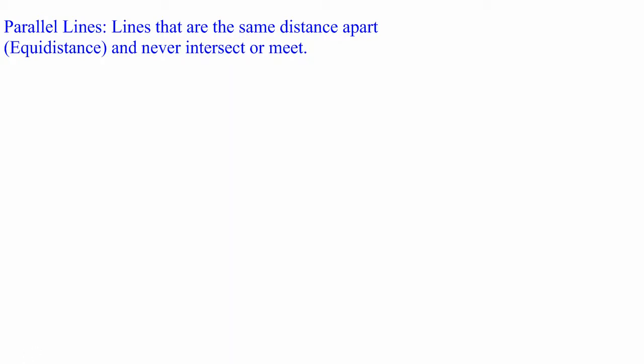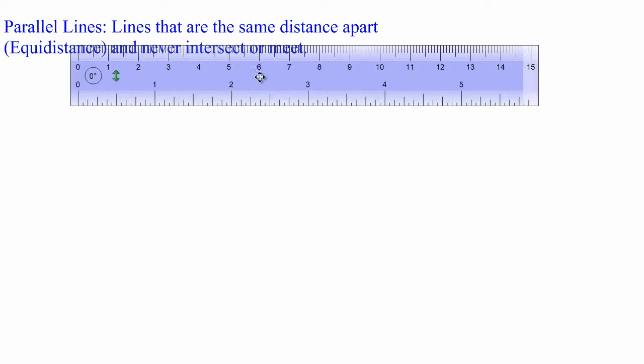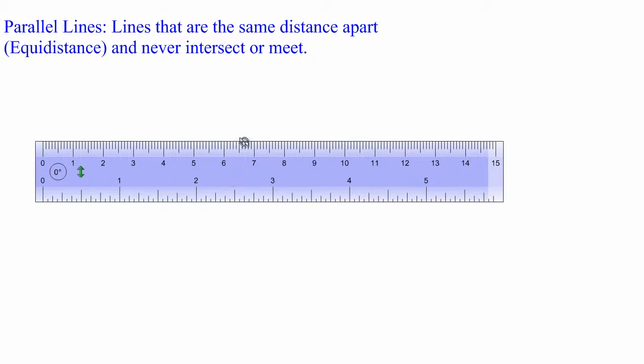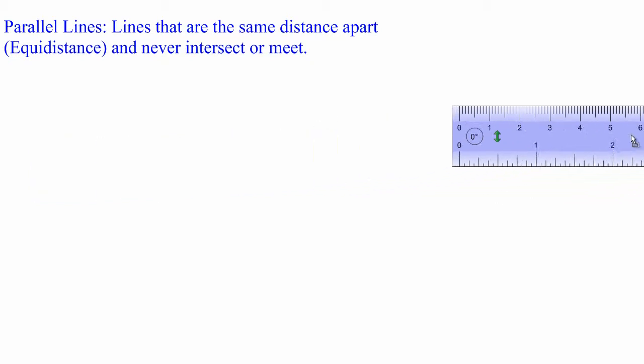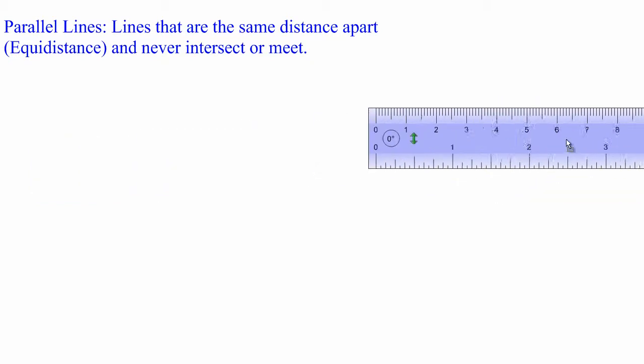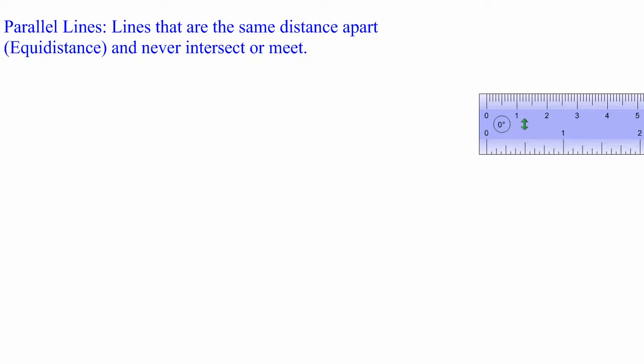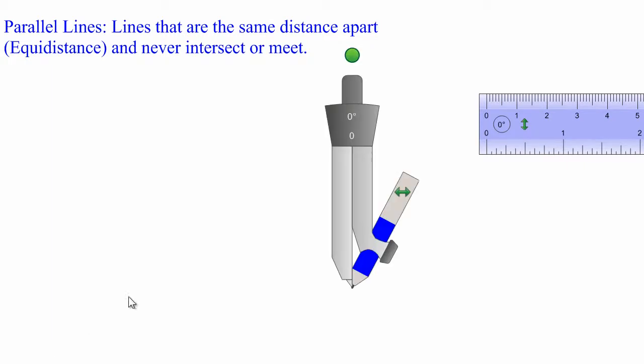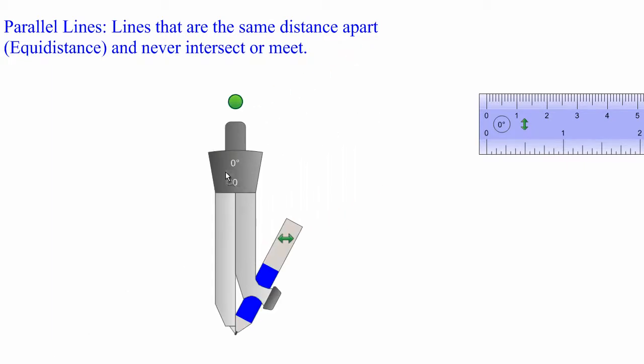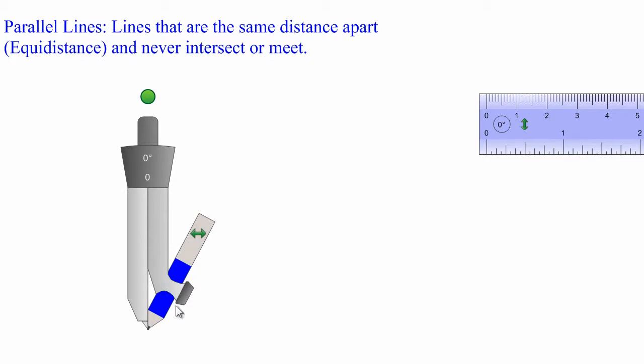Okay, now let me introduce you to my first piece of instrument. This is my ruler, and this is a 15 centimeter ruler, okay, from 0 to 15. So that's my ruler. Let me just rest that aside. Good. Now another piece of instrument that I'll be introducing you to is my compass. Okay, now if you notice my compass,